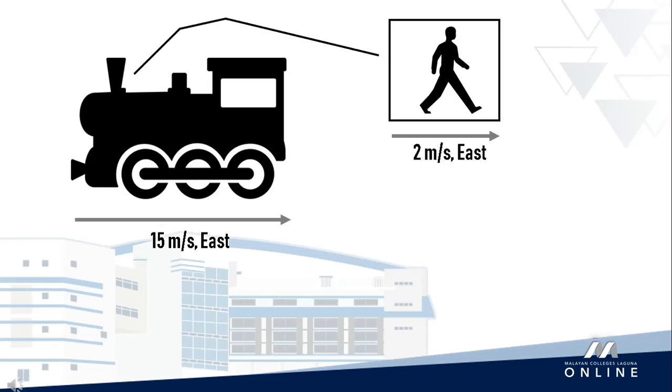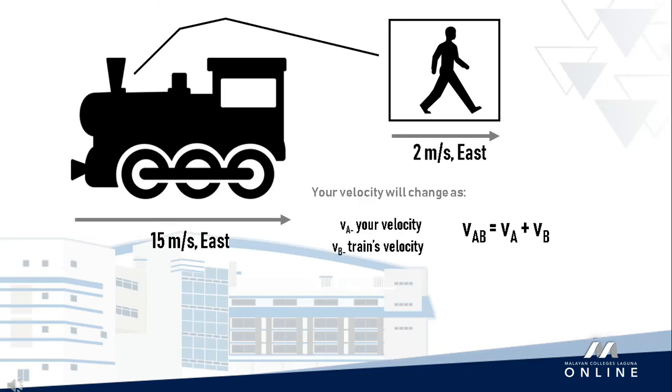If you will walk towards the east with a velocity of 2 meters per second, then your velocity relative to the train changes as V sub AB is equal to V sub A plus V sub B, where A is your velocity and B is the train's velocity. Let us substitute the values. V sub A is equal to 2 meters per second and V sub B is equal to 15 meters per second. We add this and your relative velocity as the train moves in the same direction as you is 17